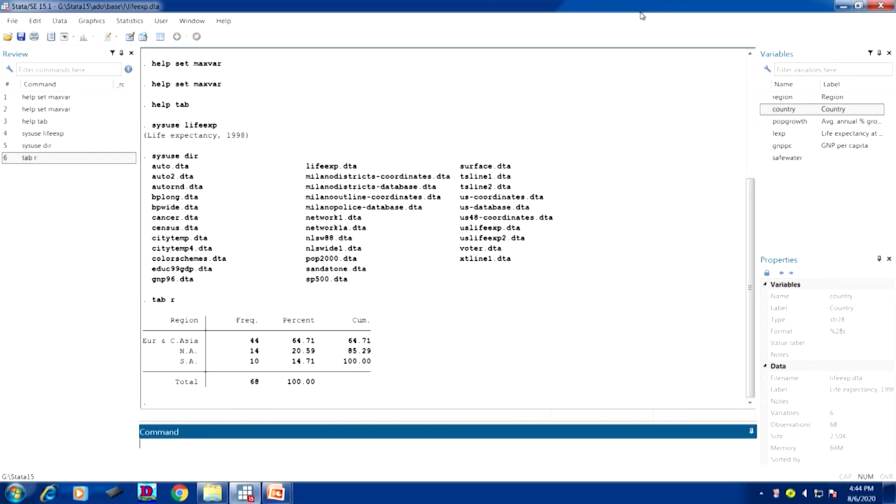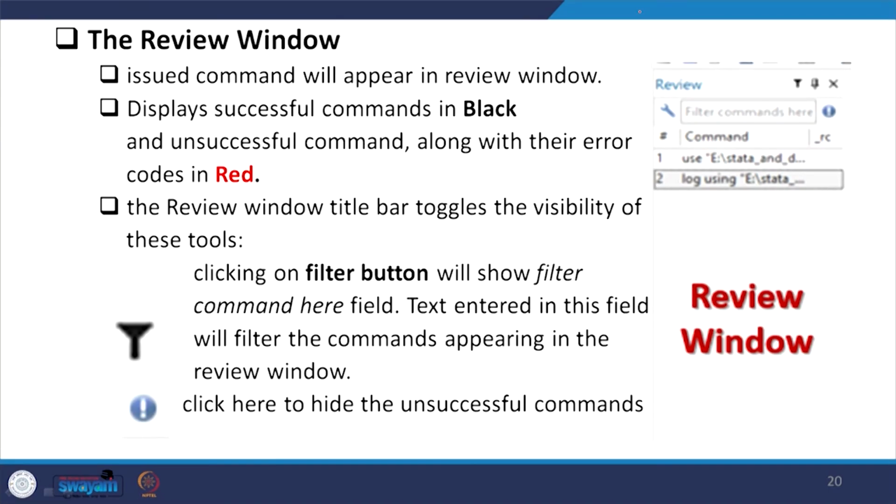Otherwise all the correct commands are highlighted in black color. Alright. If you want to filter further, these filter buttons are there. I have already shown you the symbol, and those filters can also be saved for further use. Okay. We will explain all those things later.